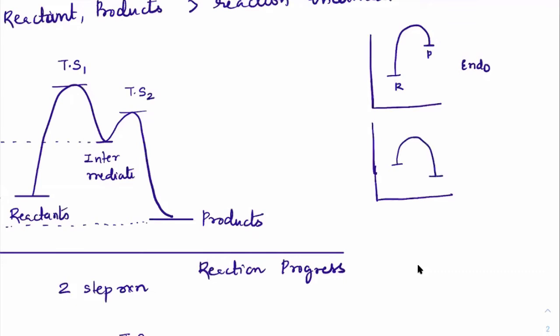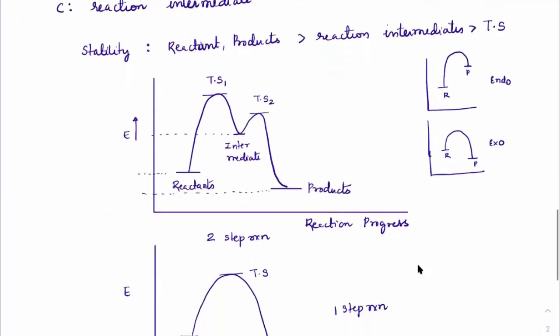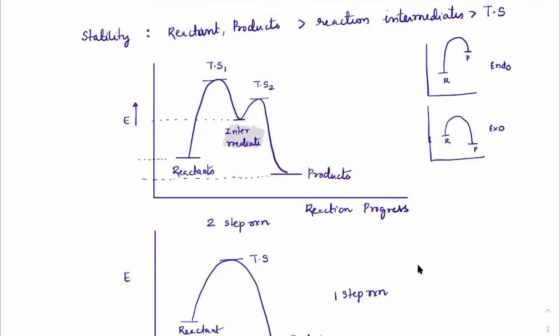If reactant and product are this way, this is exothermic. Both reactions are feasible. You may have learned that in thermodynamics, right? Entropy, you have learned, no? Entropy is the biggest factor to explain how endothermic reactions are also spontaneous. Where there is a bond breaking, there is no bonding.